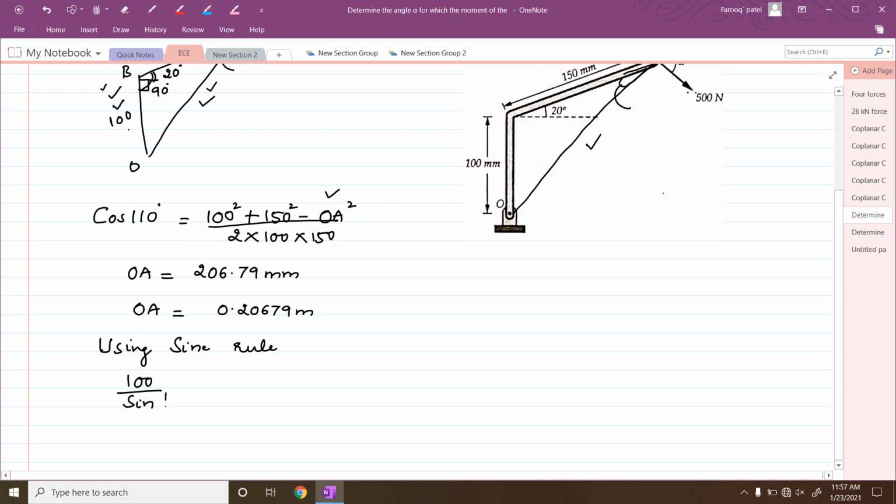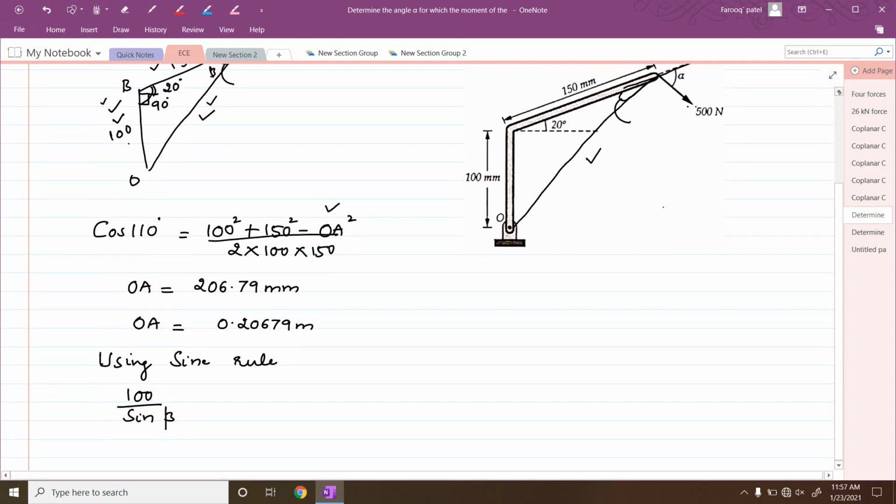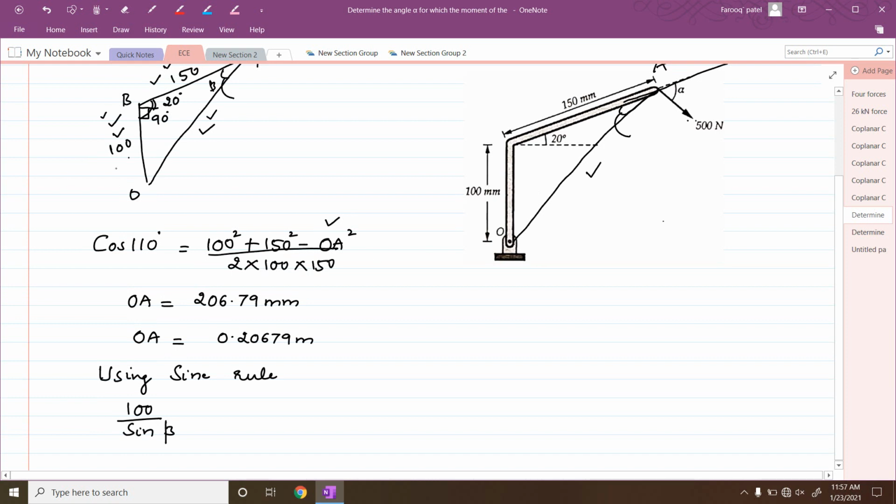So the opposite angle will be nothing but beta, just now we have seen. So this is 100, with the opposite angle sine of beta, that is equal to, we know this angle, so therefore we'll take this side. This side length is